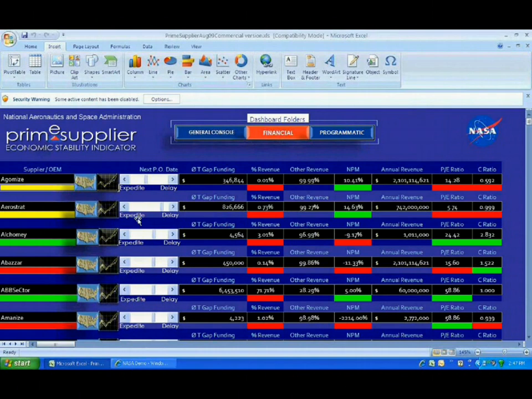Now, the idea here is if I was to, let's say, expedite an order, how many days would it take, and how much to bring that current ratio back to 1, or to a situation where it might be considered green. Now, current ratios,